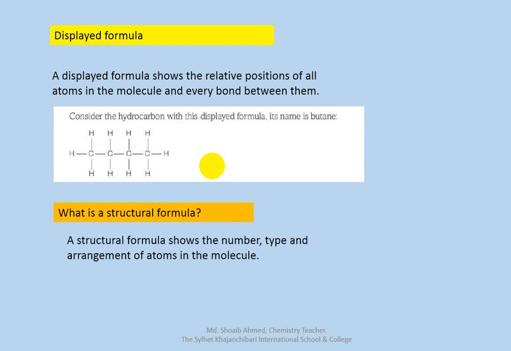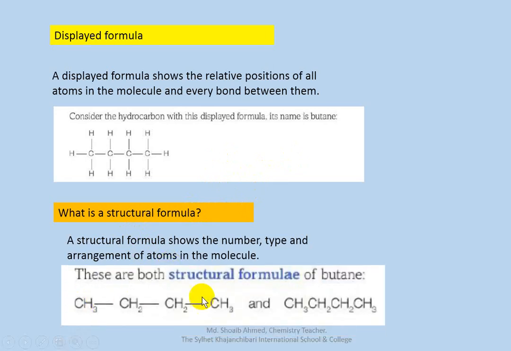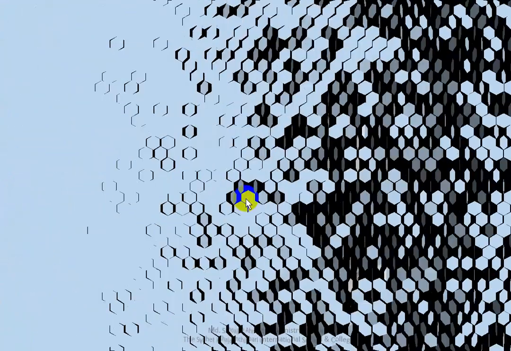This is the structural formula. Structural formula shows the number, type and arrangement of atoms in the molecule. This is the structural formula of butane. These two ways we can write the structural formula, this way and this way. Okay, next is